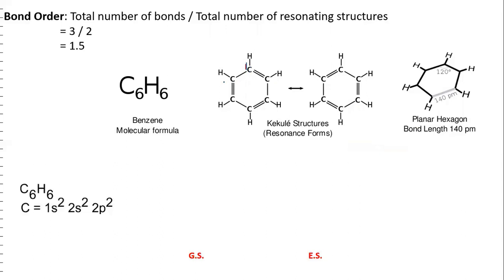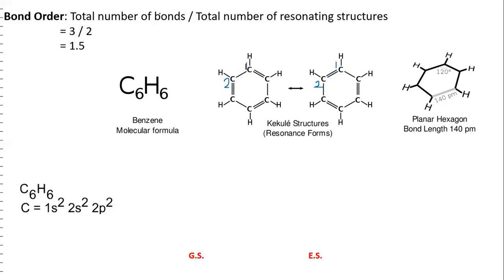Suppose this is the first carbon, this is the second carbon, and also from this second resonating structure, if we consider these two carbon atoms. Now we have to see the total number of bonds. So the total number of bonds present are 1, 2, 3. From these two structures, considered simultaneously, we have to consider both structures for calculating bond order. So the total number of bonds between these two carbon atoms is 3